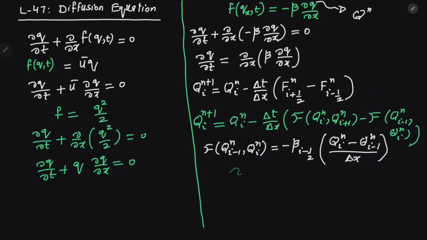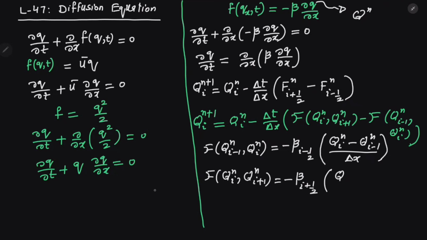Similarly, we can also replace this quantity with another formula, which is F of q n i and q n i plus 1, that will be minus beta at i plus 1 half, and the gradient term will be equal to